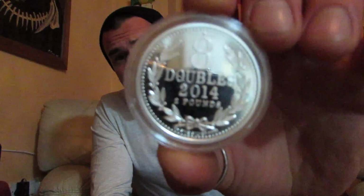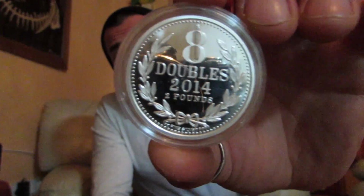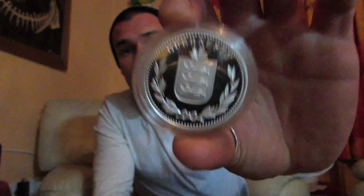And why would people actually go out and buy them? What makes these different to, say, an APMEX round? Why would anybody pay the extra premium? Because you pay a bit more money on these coins than you would on an APMEX round, because they want to get it down as cheap as they possibly can, so more people buy them. People will say, well, I want to buy the silver as cheap as possible, so I'm probably going to go for a round. But then people like the security that these give,